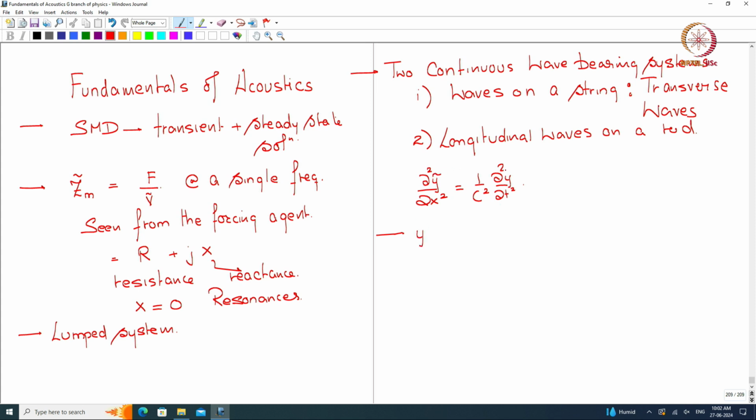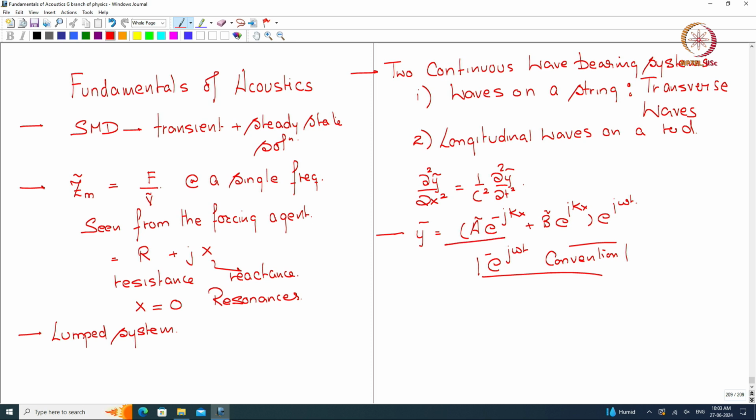let me put a tilde, is of the form A tilde e to the power of minus j k x plus B tilde e to the power j k x, times e to the power j omega t. Okay. I have remained with the e to the power plus j omega t convention throughout. Okay, that is to be noted. Now, this happens to be the right travelling wave, this happens to be the left travelling wave,